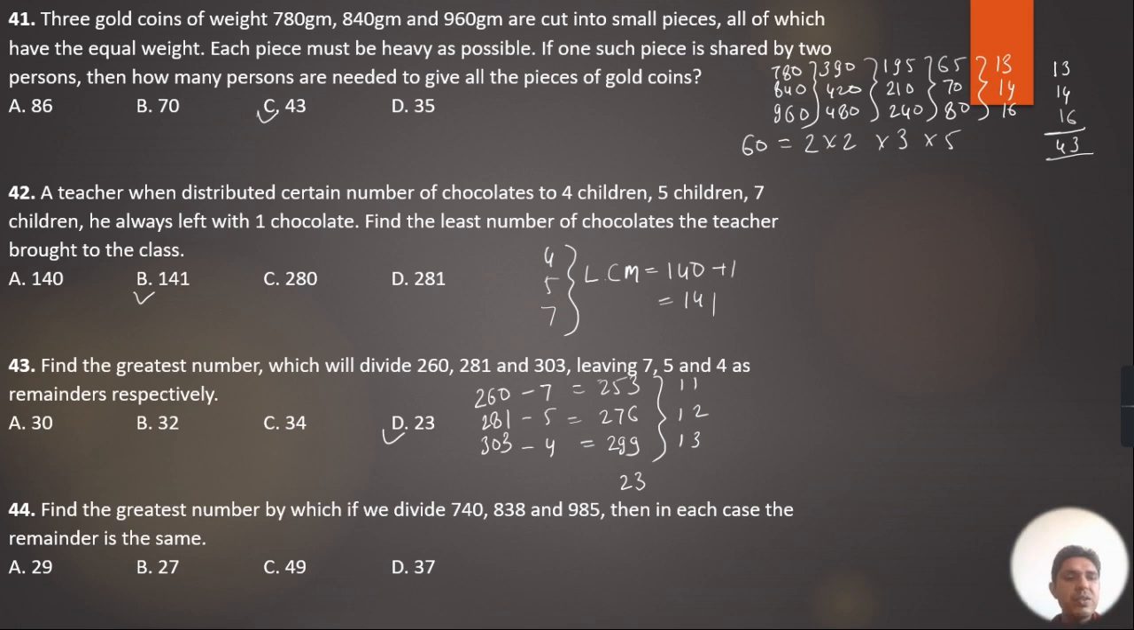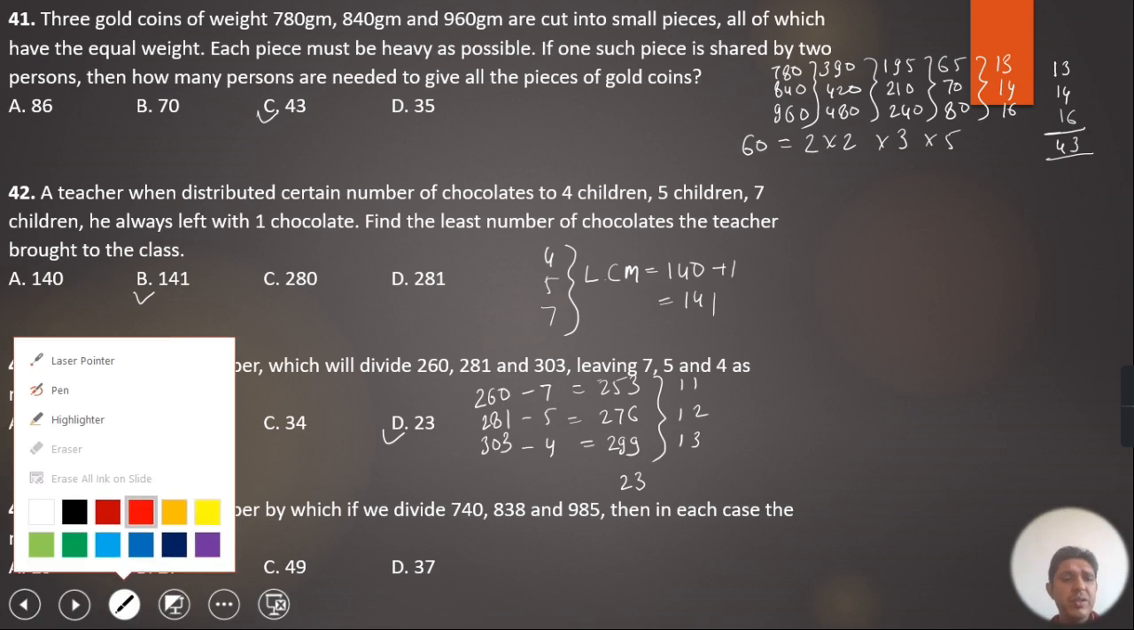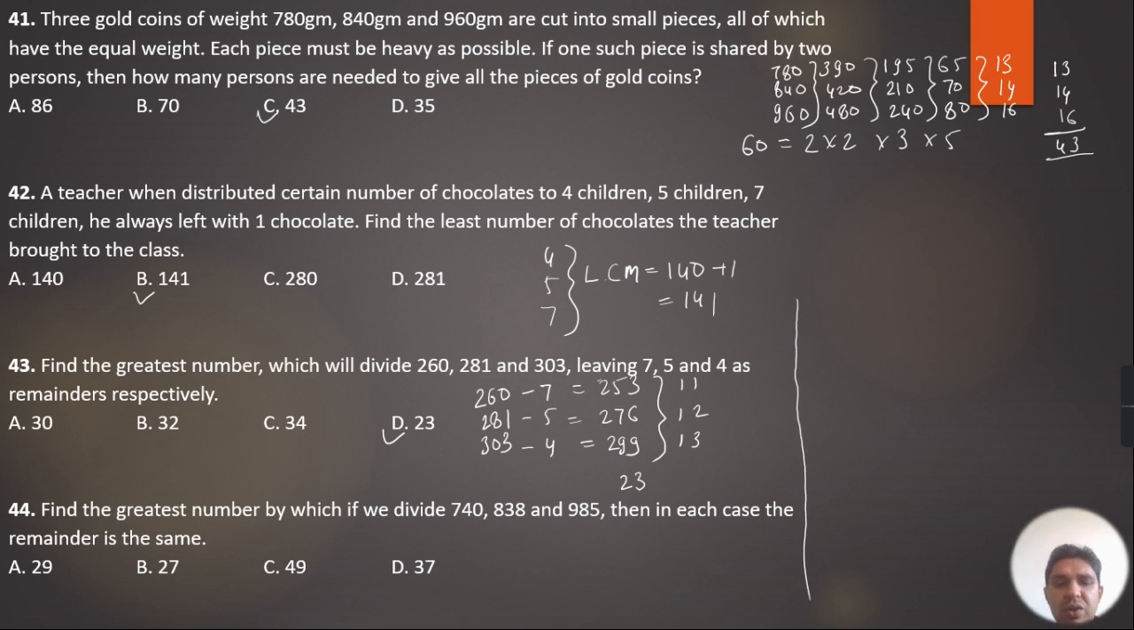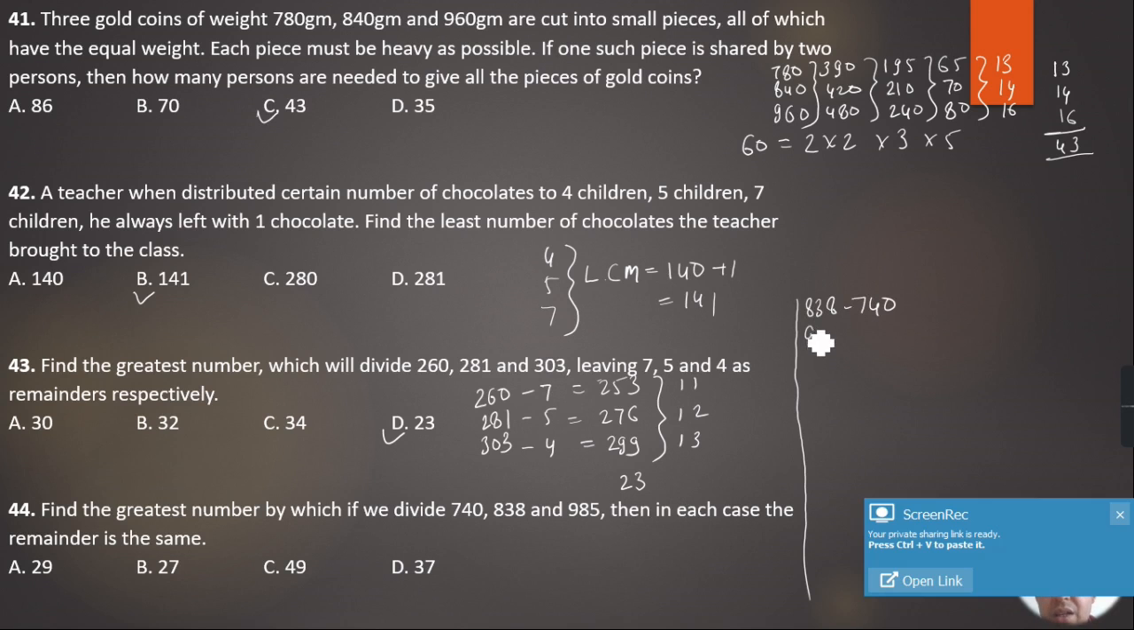So students, the next question we have is question number 44. Find the greatest number by which if we divide 740, 838 and 985, then in each case the remainder is same. So students, for this question what we will have to do, we will have to subtract each of the numbers from the different numbers. So if we do the same, so 838 minus 740 and 985 minus 740,